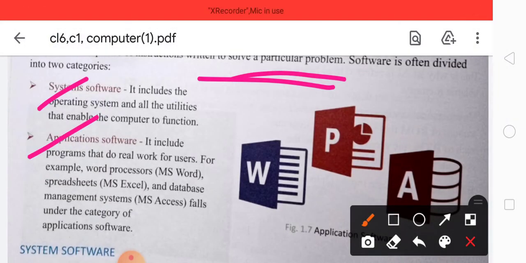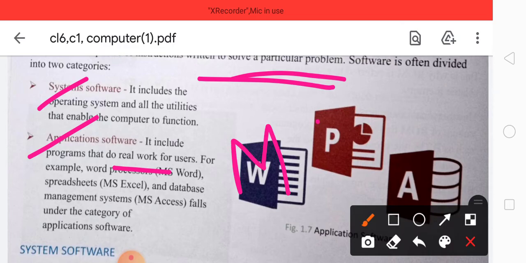System software includes the operating system and utilities that enable the computer to function. Application software includes programs that actually do work for the users. Examples of application software are MS Word, MS Excel and MS Access.